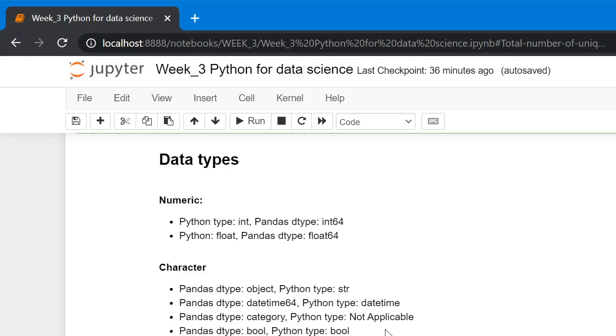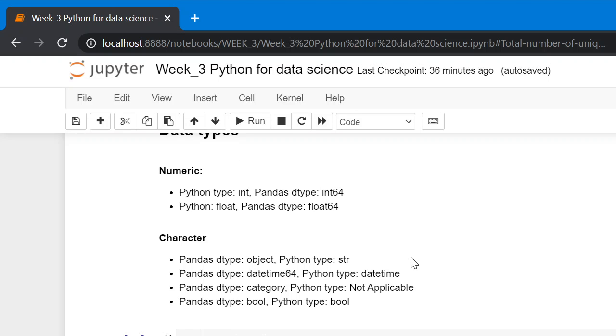Data types. So there are broadly two types of data: numeric and character. So the int type data is treated as int64 dtype, where dtype is the pandas data type. Similarly, float is treated as float64 data type in pandas. There are other data types.